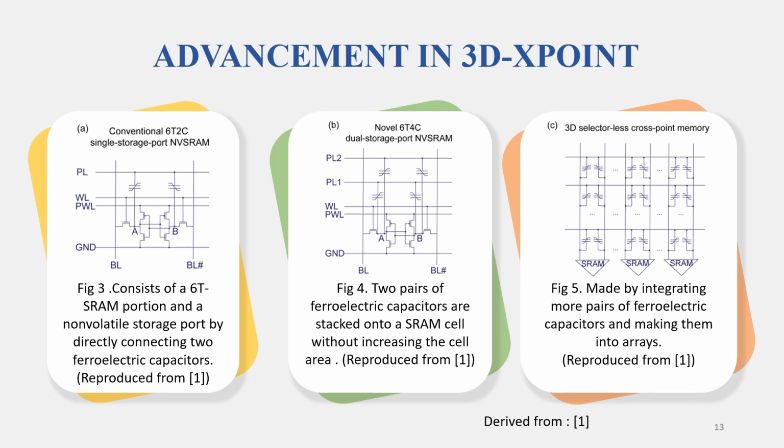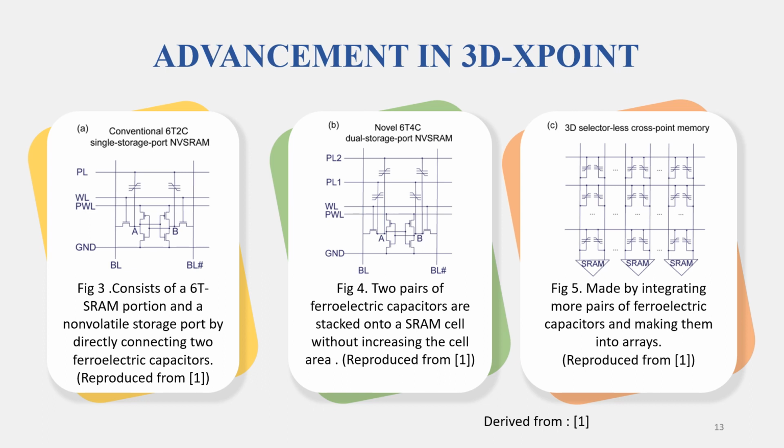So moving on to the advancement in 3D crosspoint. The first figure shows the conventional 6T RAM. It consists of a simple SRAM portion and a non-volatile portion directly connecting two ferroelectric capacitors. These ferroelectric capacitors perform the activity of non-volatility, and the second figure shows a similar kind of RAM. The only difference is that two more capacitors are incorporated into the circuit. As two more capacitors are introduced, it requires one more select line to access the capacitors. That select line is represented by PL2,